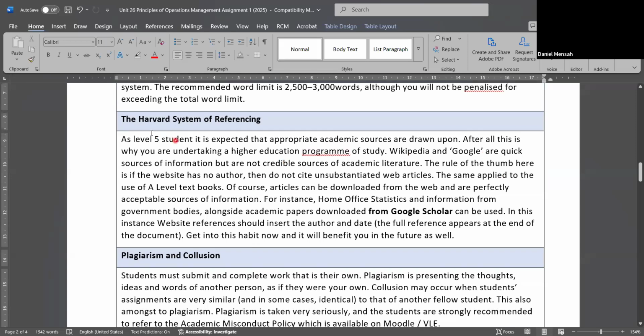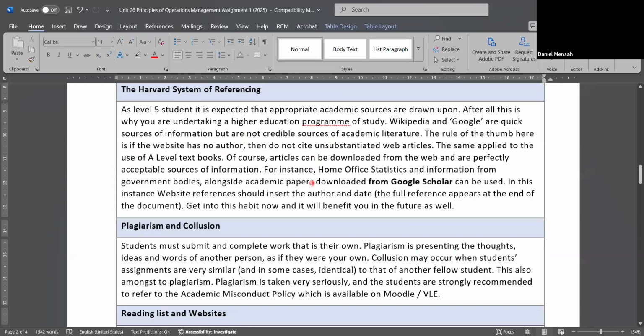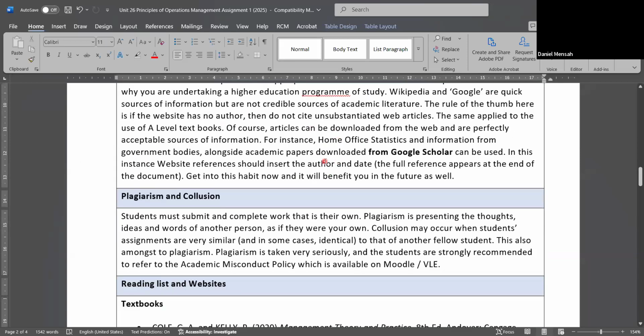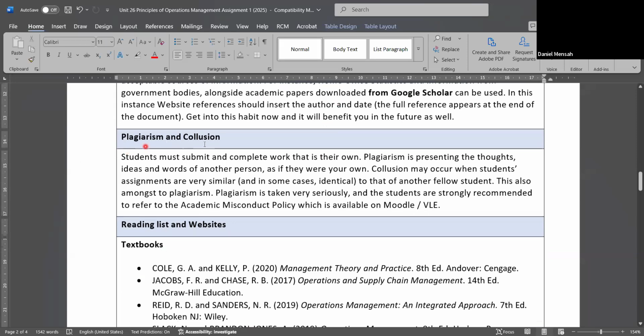For referencing, you will be using Harvard referencing, okay? It gives you the information on what kind of sources you can use. Some sources are not credible and some sources are credible. You must read this before using them. They mention you need to use Google Scholar, okay? If there is any website or article where the author name is not mentioned, don't use those sources because they won't be considered credible sources. Then there is the plagiarism